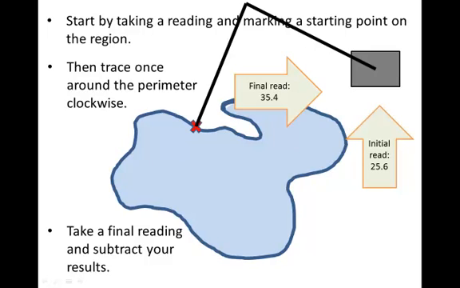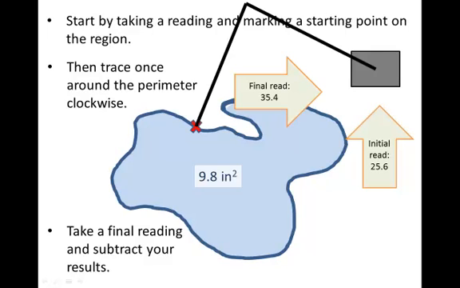Take your final reading and subtract the initial reading. In this case, we get 9.8. And that's the area in square inches. Couldn't be simpler with a planimeter. Of course, 9.8 seems a lot different than the 62.5 and the 65 we've got previously, but remember those values